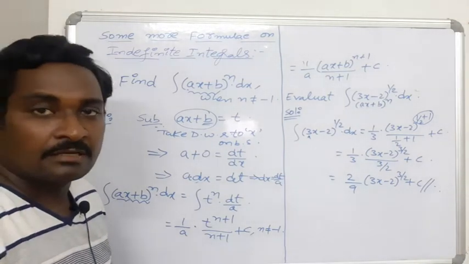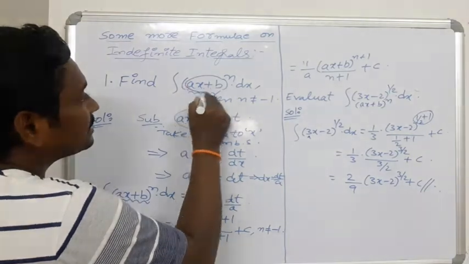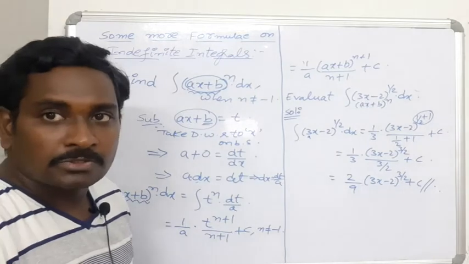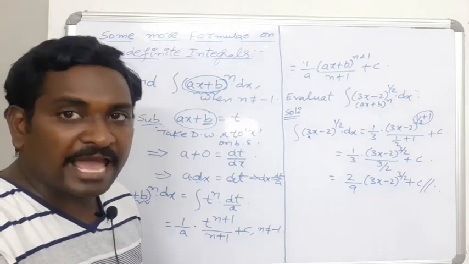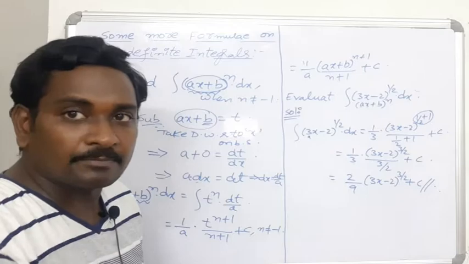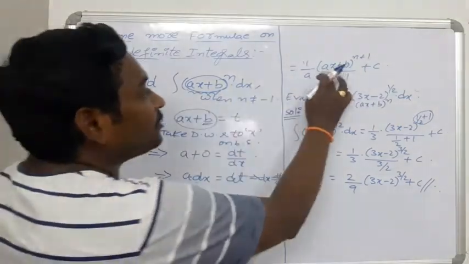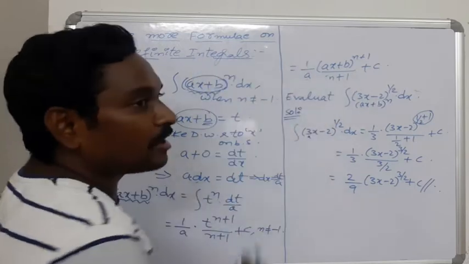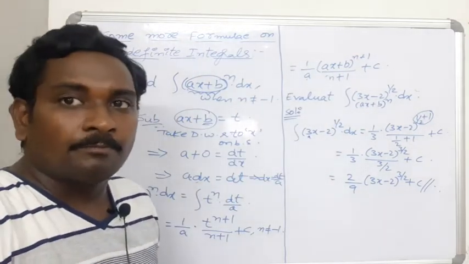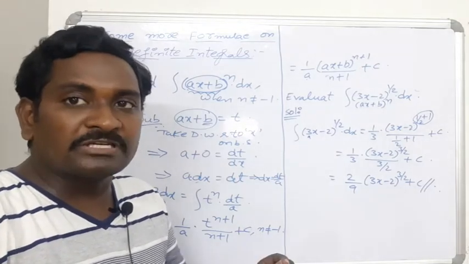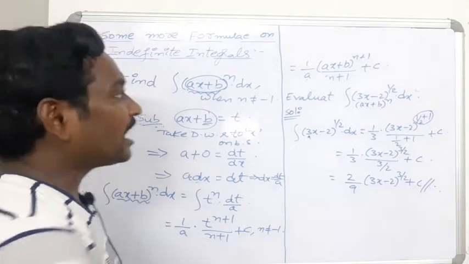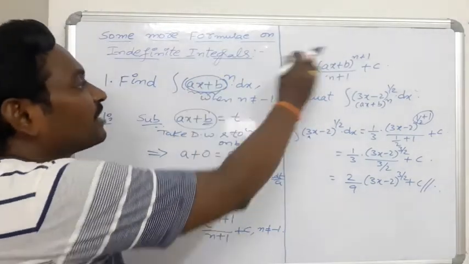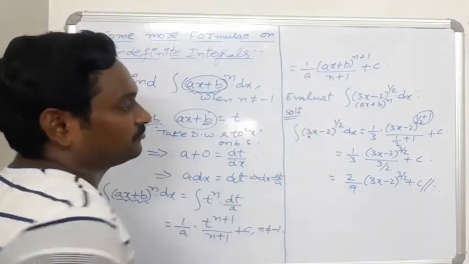Don't forget one thing. Here the base is ax plus b and the entire formula is in the form of x power n. So write the formula of x power n as usual, which is x power n plus 1 by n plus 1. So it is (ax plus b) whole power n plus 1 by n plus 1, and we should write the coefficient of x in the denominator. In every problem, blindly we should write the coefficient of x in the denominator and apply the x power n formula as usual. That is the formula.